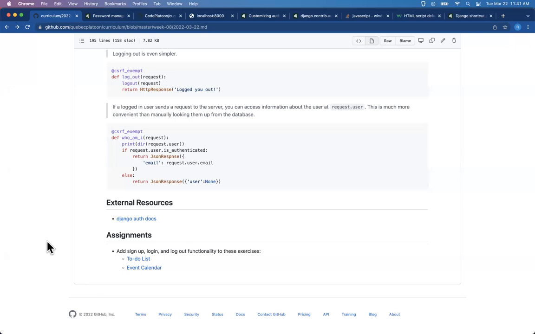Was there another question? Hi, Raphael. We were disabling the CSRF token just so we don't have to put it in the forms. But since we're using the Django authentication, should we start getting used to using the tokens, or is that not a big deal? I don't want to say it's not a big deal, but I'm not going to ask you to worry about that now. The way you satisfy the CSRF requirement is a little bit different with AJAX, and it's a little bit trickier with AJAX than it is with